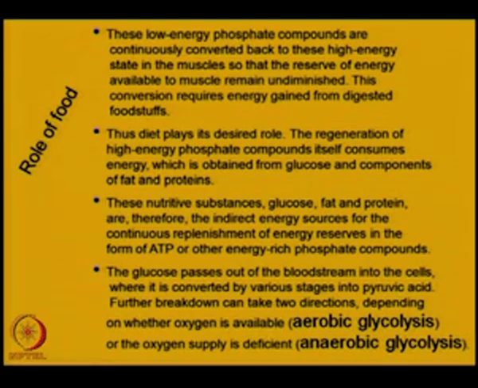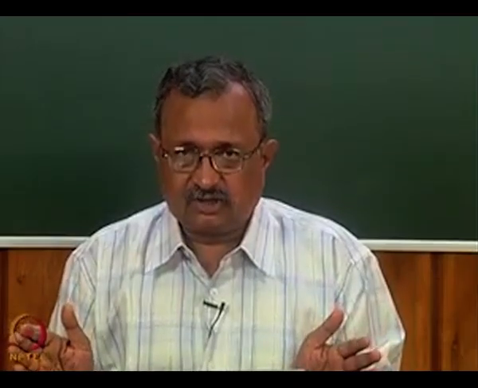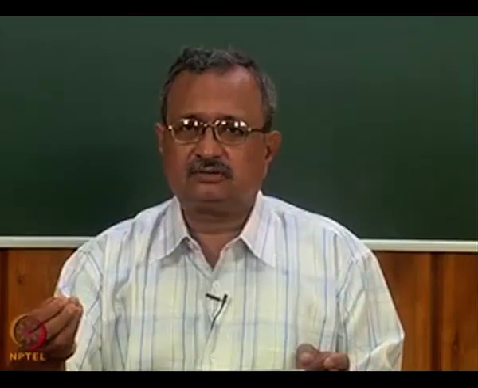This conversion requires energy gained from digestive foodstuffs. Means in our body, whatever we eat gets digested, then it goes to the blood, and from the blood it goes to the cells, and inside the cell